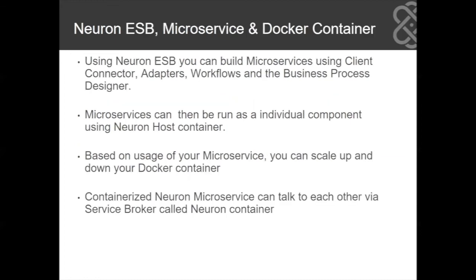In summary, here I'm going to talk about what we learned today. In a nutshell, Neuron containers in Docker work really well and can provide any organization greater flexibility and ease of use. As we've seen in the demo, using Neuron, you can create microservices, and you can also deploy them using containers. Based on your usage, you can spin up as many containers as you want, provided you have enough hardware. Since microservices running under Neuron always need to talk to other services, instead of talking to them point to point, you can talk to them using Neuron ESB capability. That concludes our presentation, and I will hand over to Vance if he has any questions for us to answer.